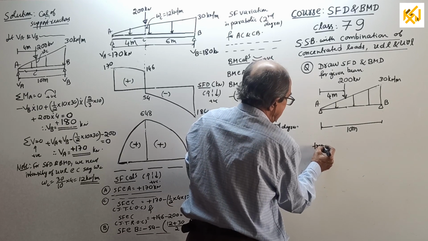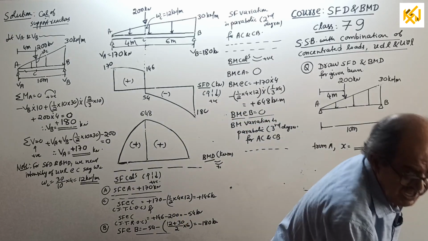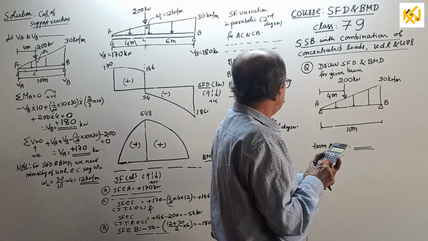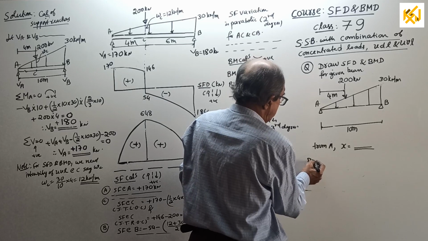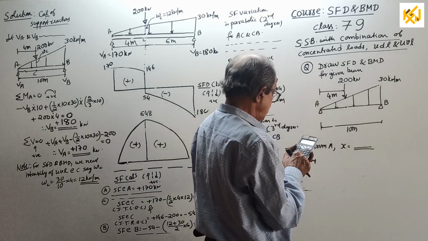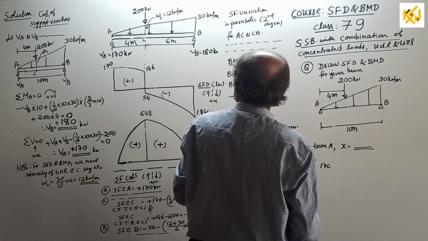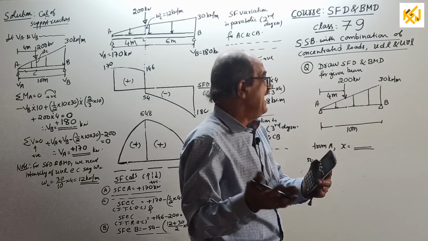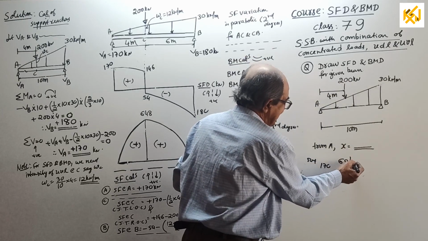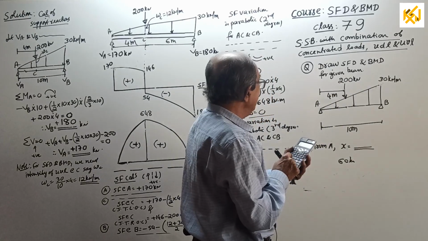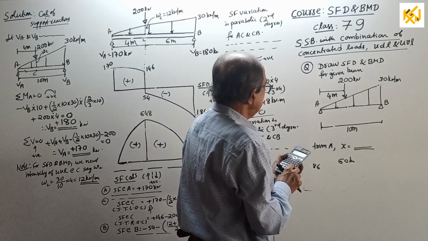From the left side, from A, I'll give you the value of X, just in case you are serious and working it out. So the reaction will be 33 under 150, is 50, 150. This reaction is 50 plus another 200 into 6 divided by 10, which is 120, so 170 reaction. Oh, how come the same reaction? Oh, not 200. I was trying with 200. I am getting the same reaction once again. No, I told the answer for 60 kilonewton. So 60 into 6 divided by 10 is 36, plus 50 is 86, the shear force 86.